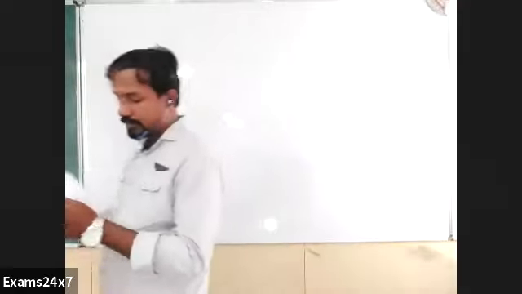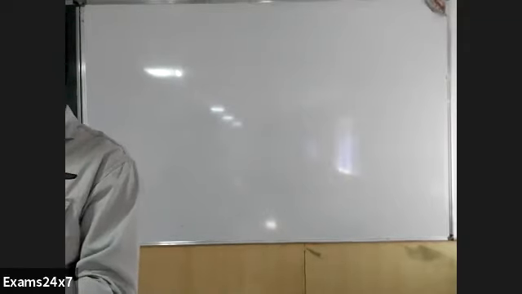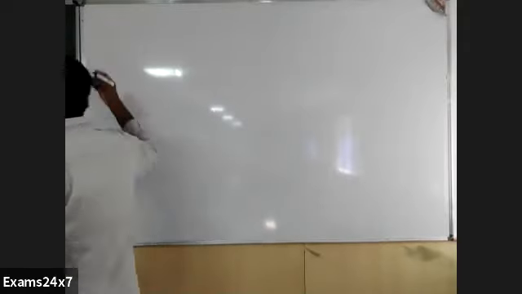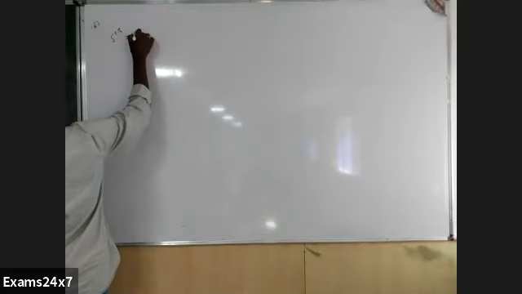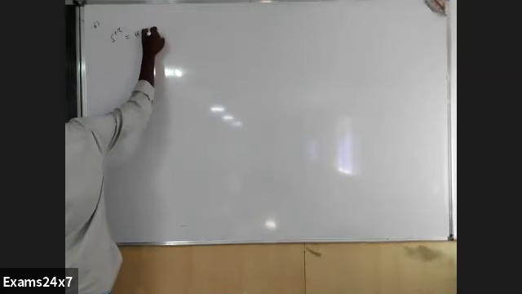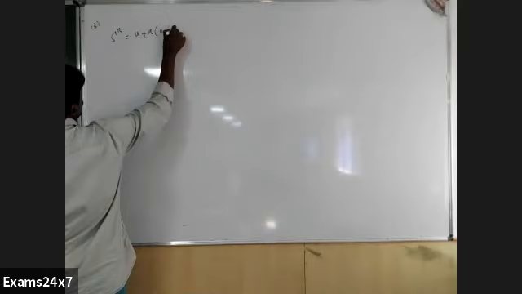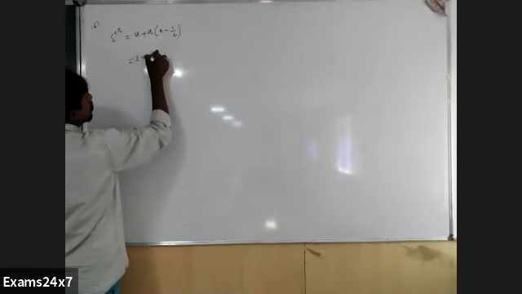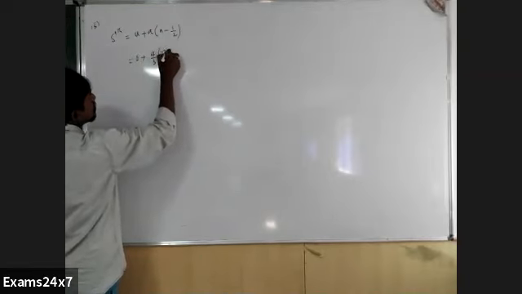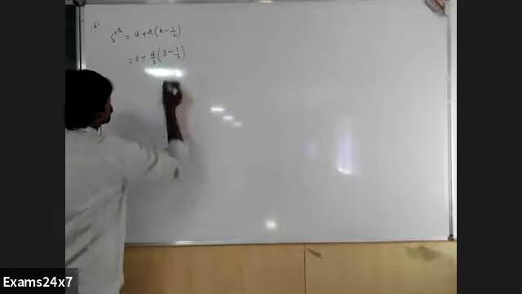You're asked to find the next question. The distance traveled by the particle starting from rest and moving with acceleration 4/3 meter per second square in the third second. What is the distance traveled in the nth second? Sn is equal to u plus a into n minus 1/2. Correct. Here u is 0, so 0 plus a, which is 4/3, into n, which is 3, minus 1/2.